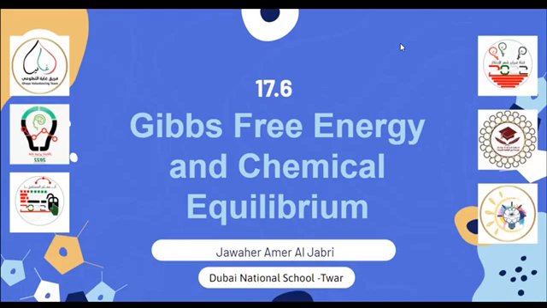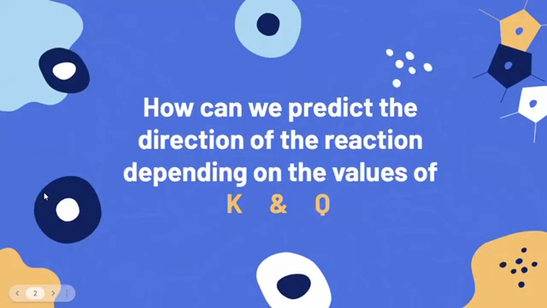I'm a senior at Dubai National School, Al-Tuwar, and today I'll be explaining a part of Gibbs free energy and chemical equilibrium from our AP Chemistry course, lesson 17.6. The part that we'll be discussing today is how we can predict the direction of the reaction depending on the values of K and Q,